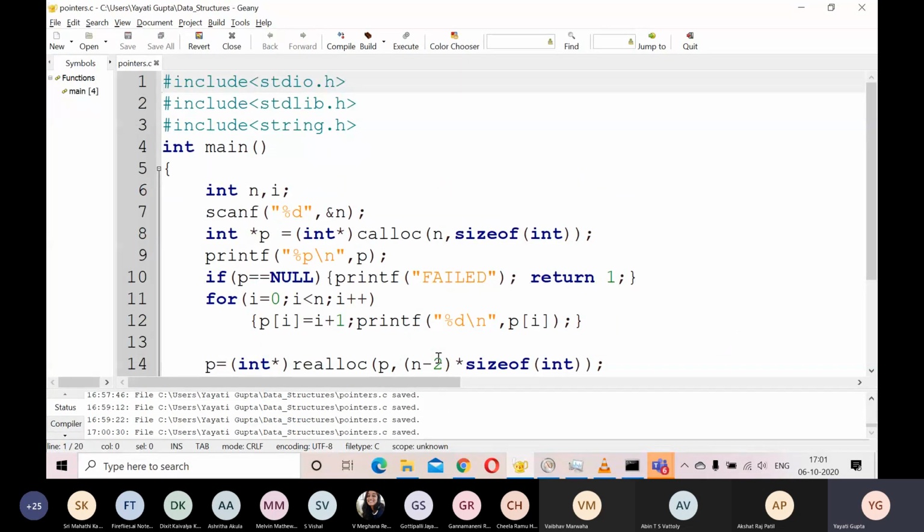In the next lab, we'll discuss structures, and then we'll be talking about linked lists. So if you didn't understand anything about pointers and dynamic memory allocation, you have the next half an hour. You can ask your doubts with me. Otherwise, you might have a tough time understanding the programs for linked lists and trees, and maybe later on graphs.